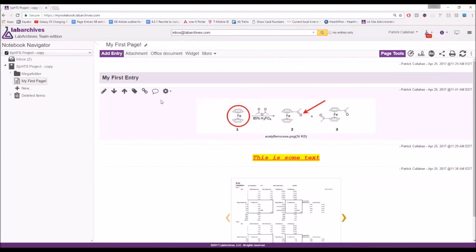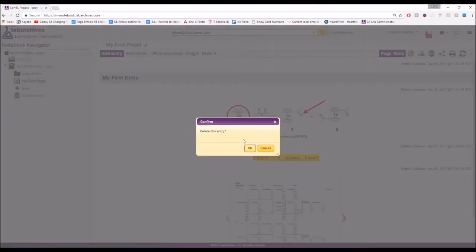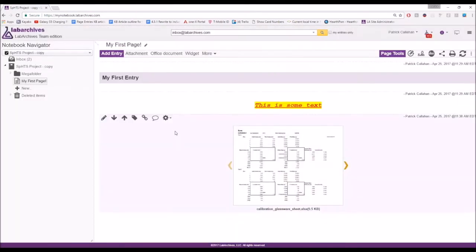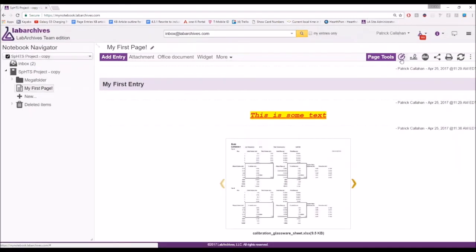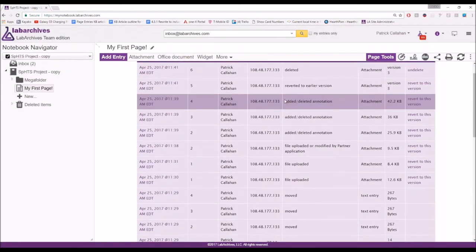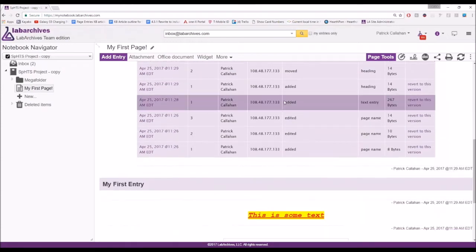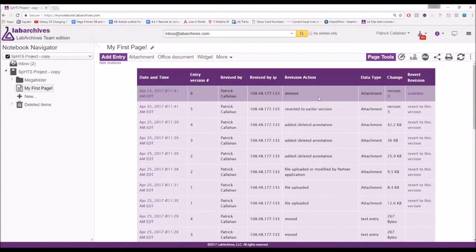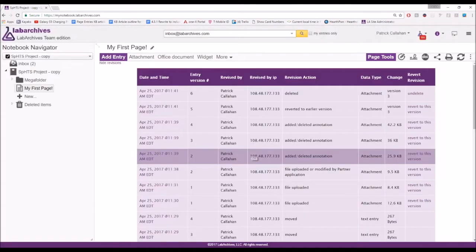I can even delete this image. If I go to the same gear icon and select delete, when I click OK, it appears as though the file is gone, but it's not really gone. Because if I go to the revisions button in the upper right by page tools, I'll be brought to the page revisions history, and that shows all actions that have been taken on the page since the page's creation. And that'll of course include the deletion of that file attachment that just happened a moment ago. I can undo this deletion at any time by selecting undelete. When I click OK,